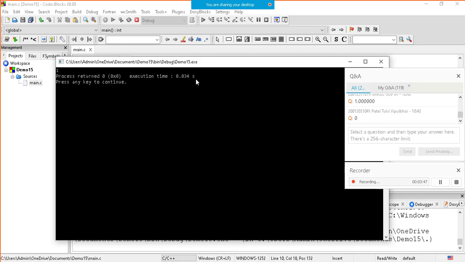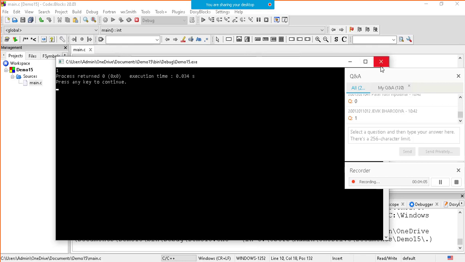1. When it is an odd number, if you take the modulo of an odd number you get 1, and if you take the modulo of an even number you get 0. That's what I'm trying to say. Even number modulo 2 gives 0, odd number modulo 2, answer is going to be 1.